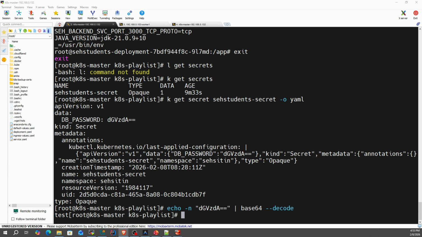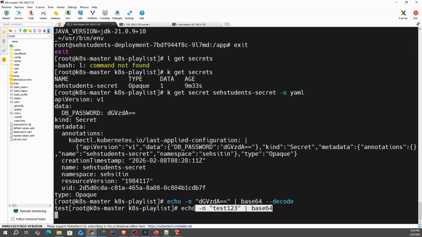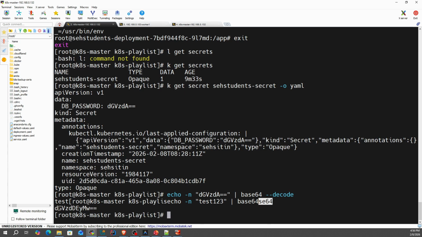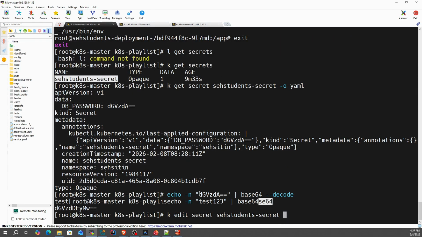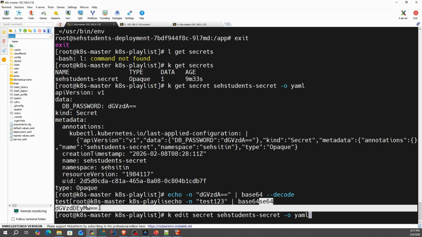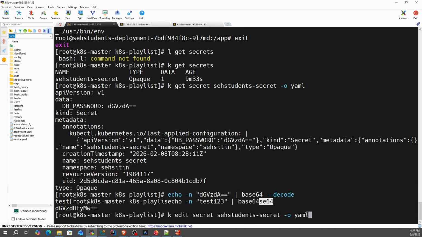Since we have used the secret in our deployment as an environment variable, one important thing to remember is, if the secret value changes, the pod will not automatically pick up the new value. We will need to restart the pods to reflect the changes. So let's quickly test this in a live demo. Let's get the base64 encoded value for the string test123. echo -n, then the string, pipe base64. And copy the output value. Edit the secret directly in Kubernetes using kubectl edit secret, then secret name, -o yaml.